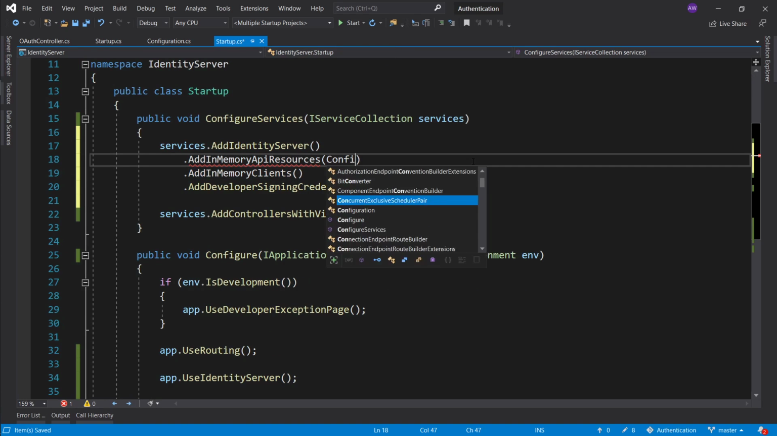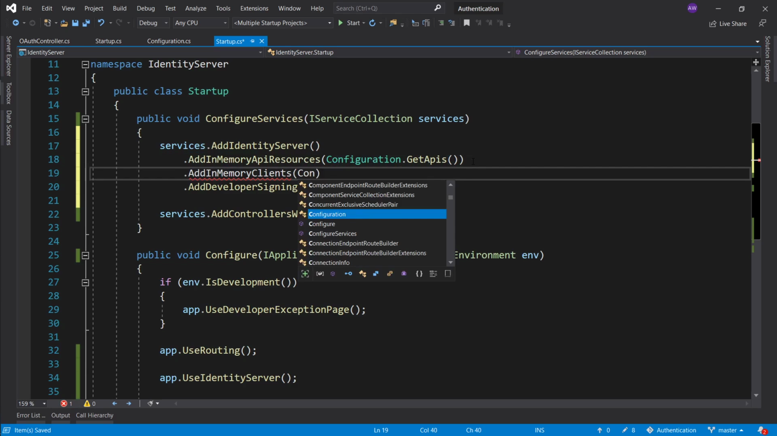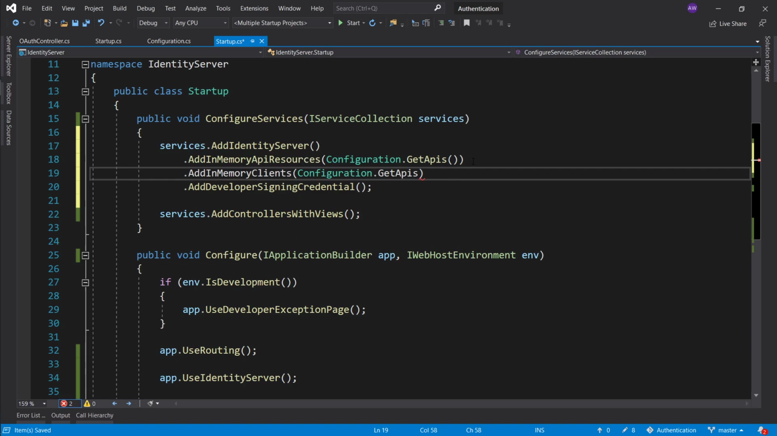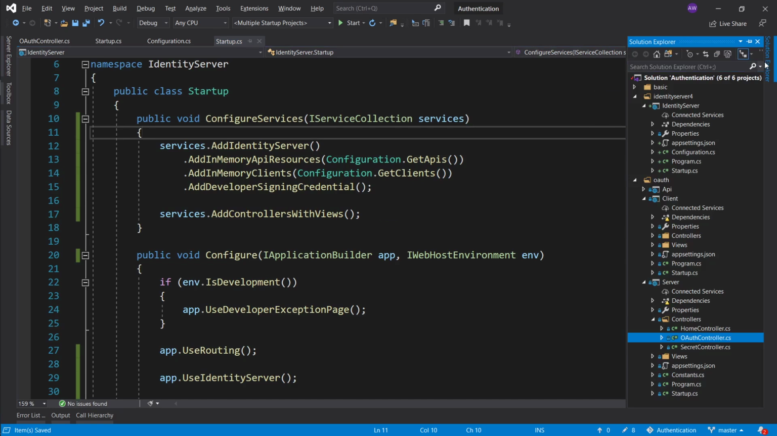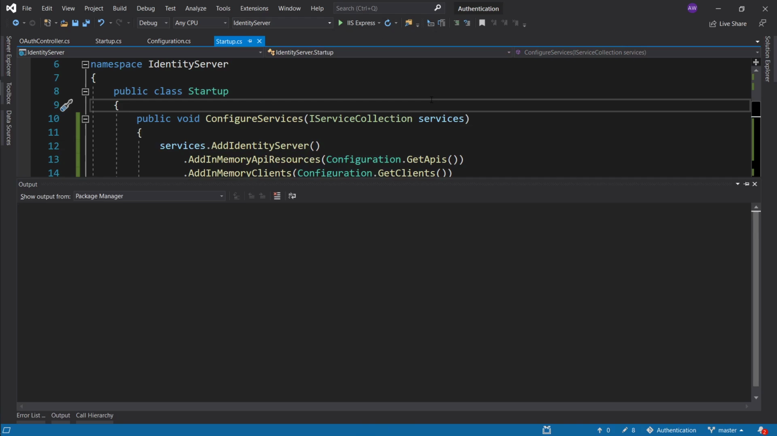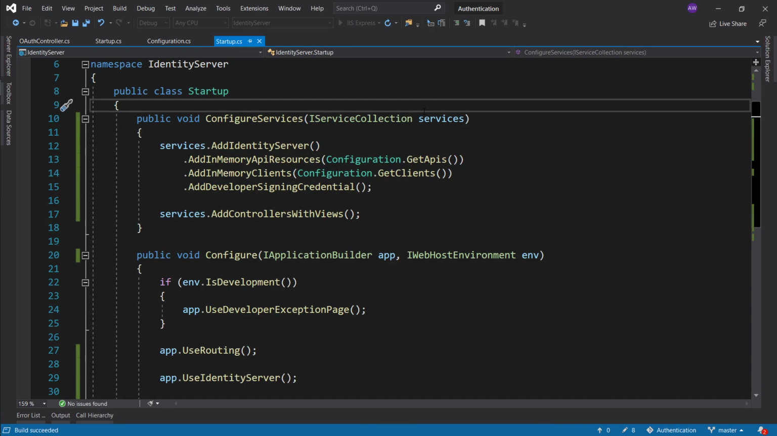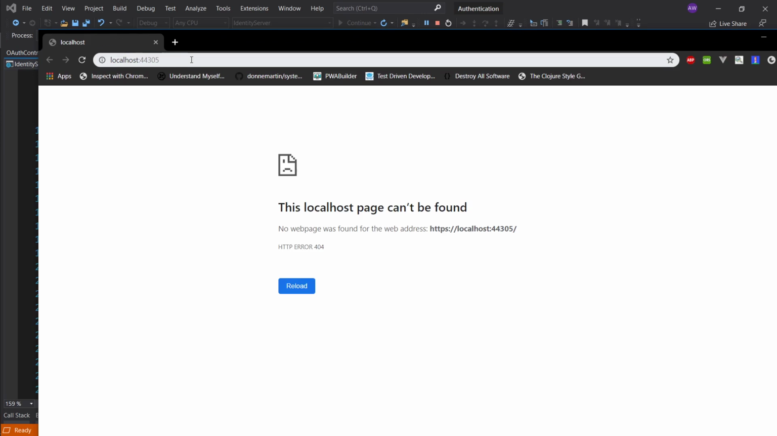So I'm just going to bring up the configuration class. I'm going to get the APIs, and I'm going to get the clients. Okay, and first thing that I want to do is actually, I don't need to go here yet. I just want to launch the identity server, and I want to show you an endpoint, which is going to be